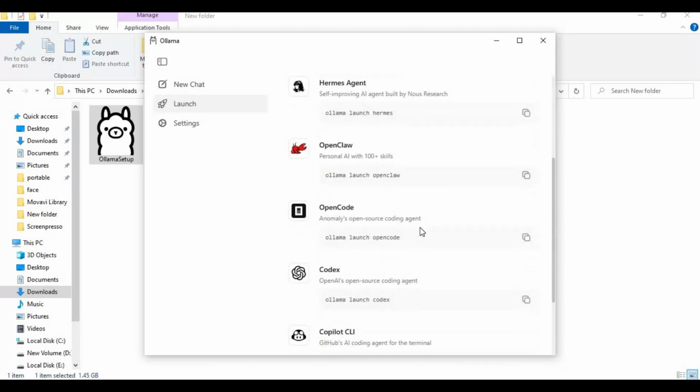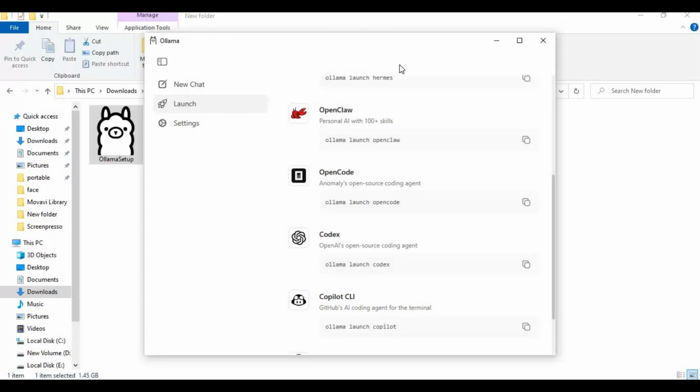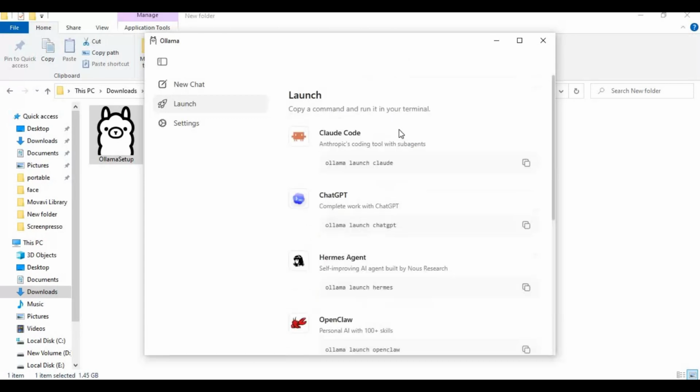In upcoming videos, I'll show you how to download different AI models, connect Ollama to popular applications, and build powerful